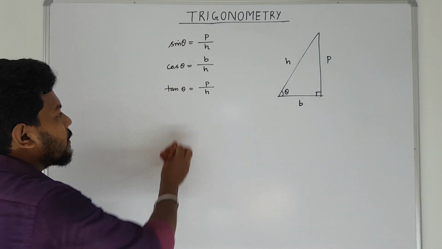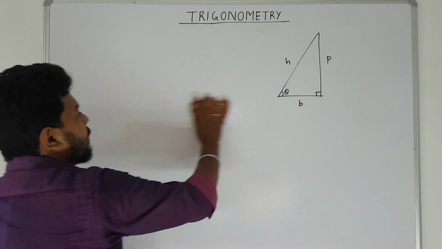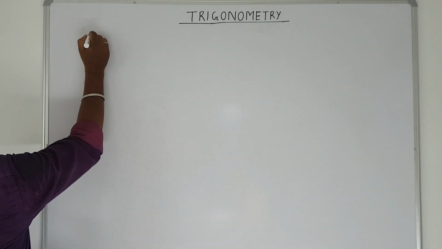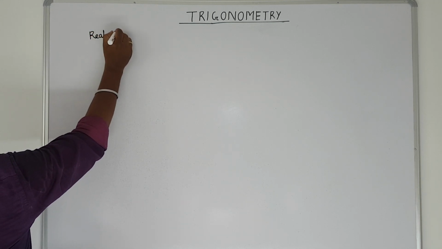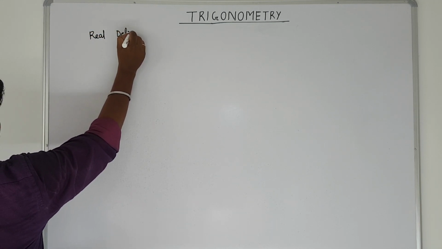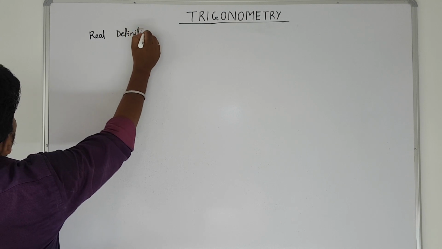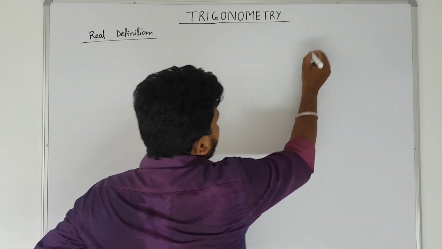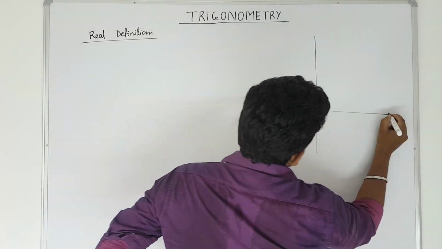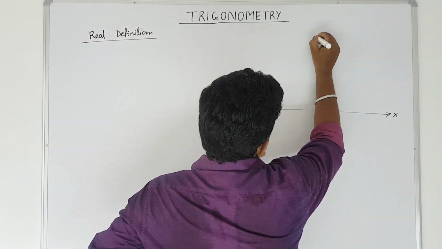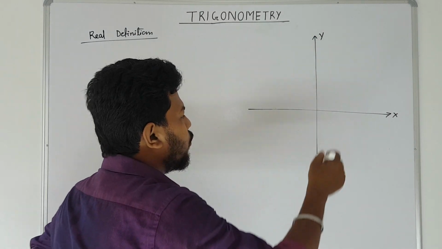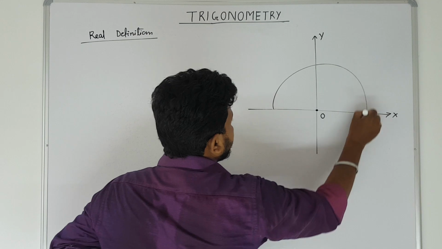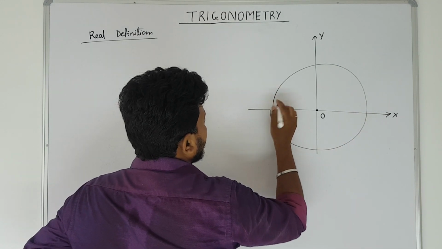Now today we will discuss the real definition of trigonometric ratios. We call it the real definition. This is your circle. This is the XY plane. If I draw a circle with the origin as center and radius R,